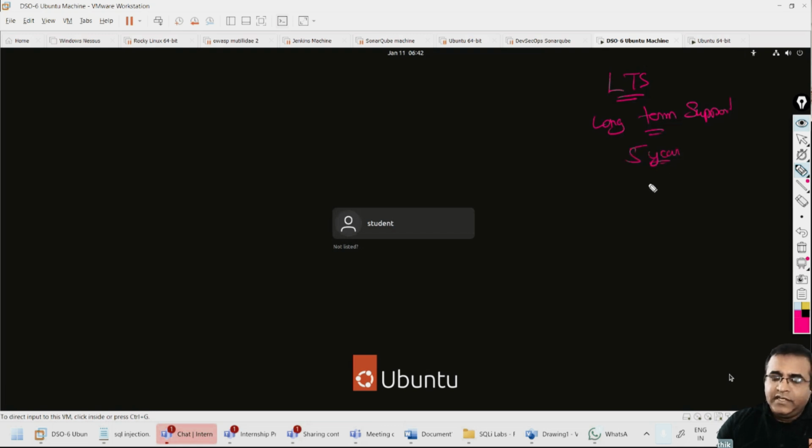If there are any security bugs or feature issues, they are going to give you fixes, meaning updates for this server will be there for 5 years. Any server which is not LTS will get only 1 year of support from Ubuntu. So always make sure if you're using an Ubuntu server, look out for an LTS version.